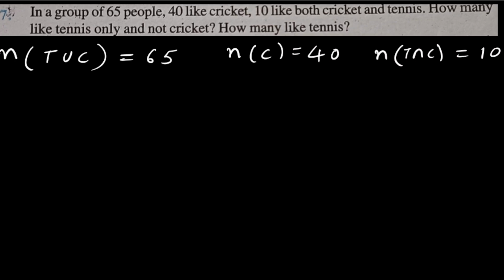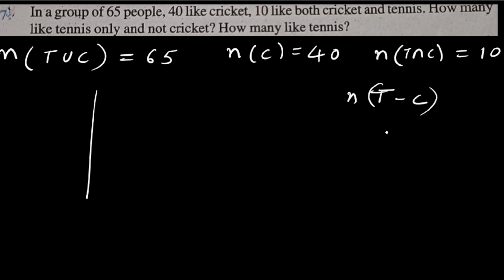See, this question, first of all I'll explain with the help of a Venn diagram. Then with formula also I'll explain you. Because here the question, two things they have asked. First of all, how many like tennis but not cricket? Only tennis. So only tennis means what? T minus C. Because it's mentioned how many like only tennis, not cricket. So T minus C we have to find. This means a difference of two sets. So the first is included, the second is strictly not included.